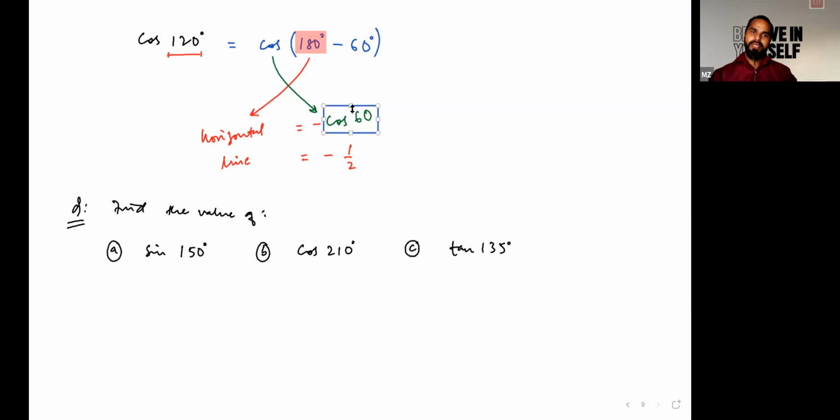So let's just see, we have cos of 60 degree here, and we have put a negative sign due to this particular angle, since it is lying in second quadrant, and in second quadrant cos theta would be negative, as only sine theta and cosec theta would be positive in second quadrant. That's why I have written the negative sign in front of it. Okay, Umar? Good. Try to solve these three questions.